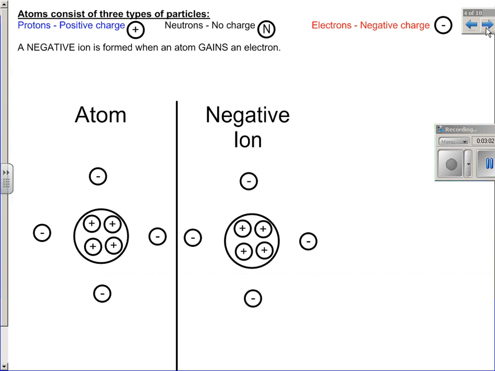Now, sometimes an atom can gain an electron. All right, and when that happens, it's no longer an atom, it's now called a negative ion. A negative ion is formed when an atom gains an electron. So here's our atom, and some of you are looking at the second drawing and thinking, well, the negative ion is the same. So what happens is this becomes a negative ion if it,